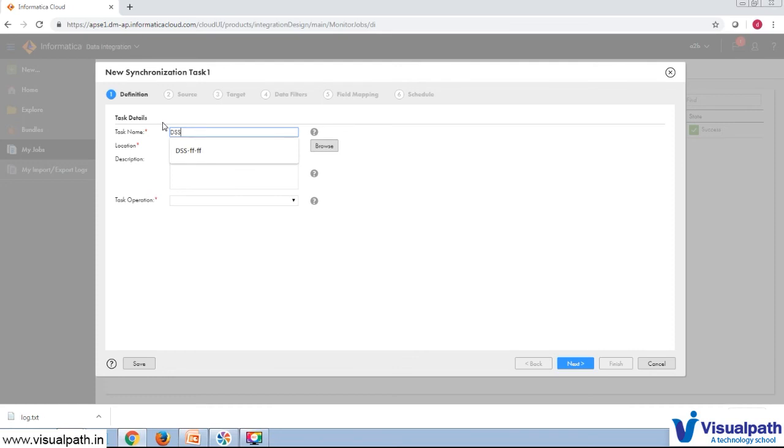So data synchronization task, flat file to flat file with filter and expression. Okay. So task operation, what I'm going to do here is insert.